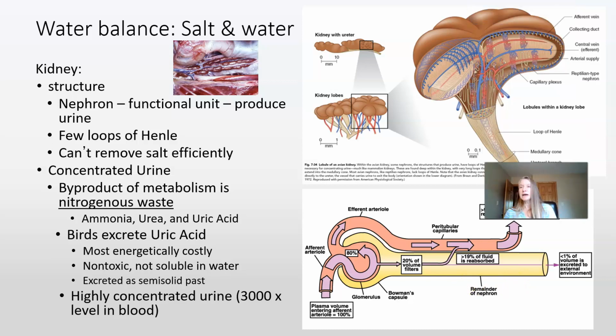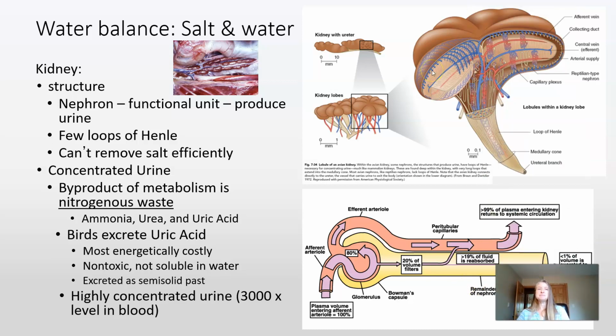So here we can look at the avian kidney, and again, we can see up in the kidney we have our afferent veins. So we have our capillary beds coming in, blood coming in, being filtered, and then exiting the kidney. We have